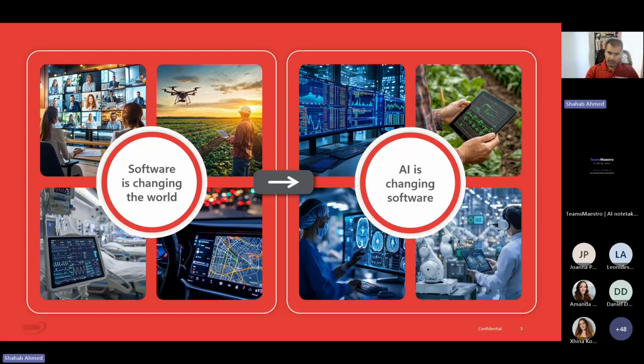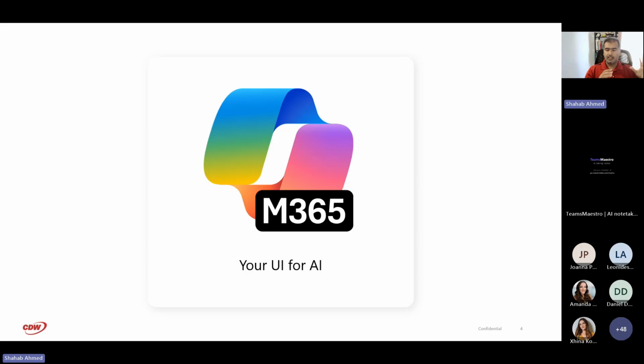Right? Now, within that AI sphere, you've got M365 Copilot, right? It's almost been 2 years since it became available, and what it started off with to where it is now, I think that's night and day. I think it's also important to recognize that it is that UI for AI. I don't know if you guys recently heard this, but now you have access to Anthropic models also through Copilot. So you've always had access to the OpenAI models; those are still available. But then you've also got that Anthropic model piece, right?